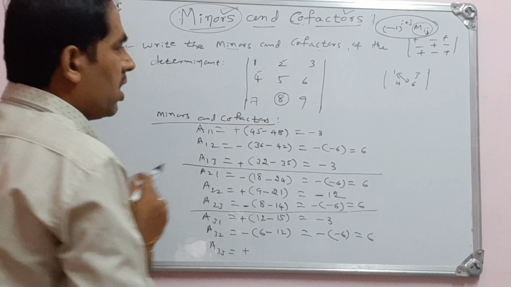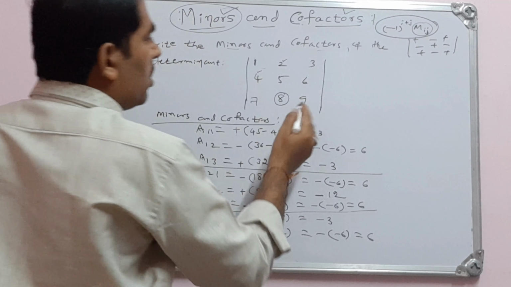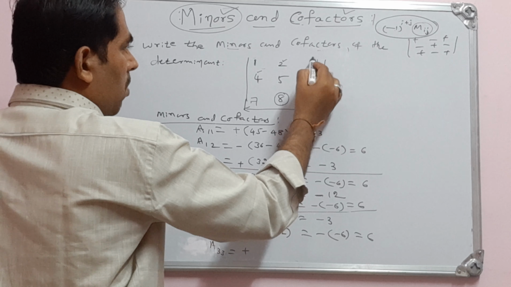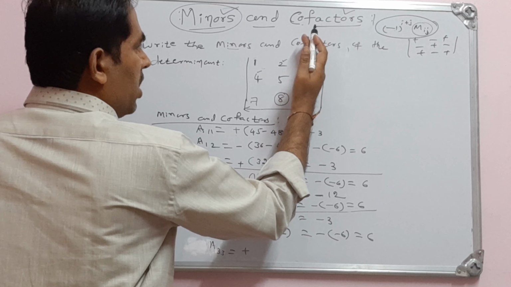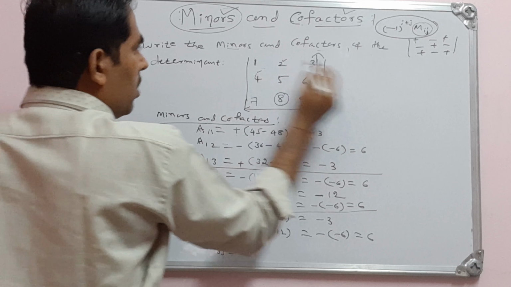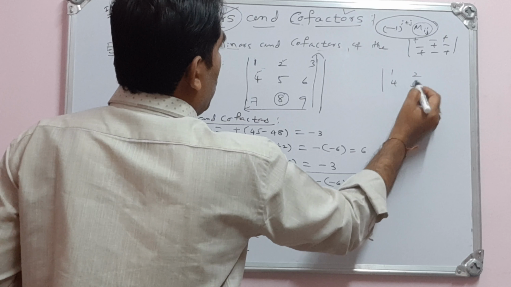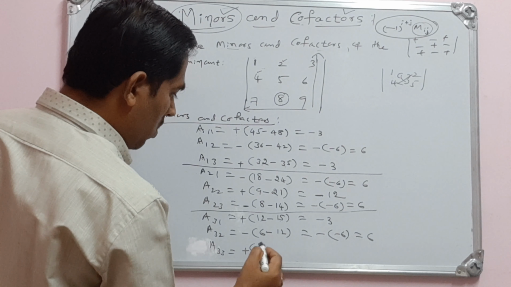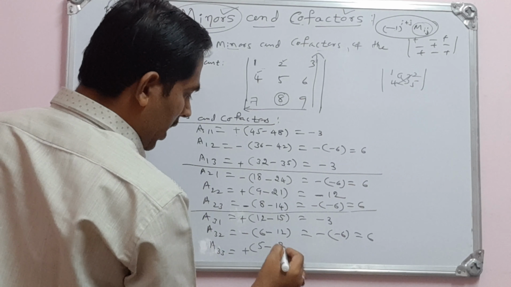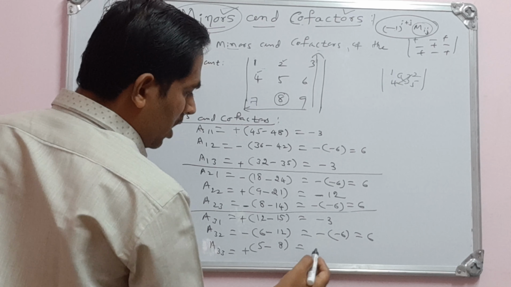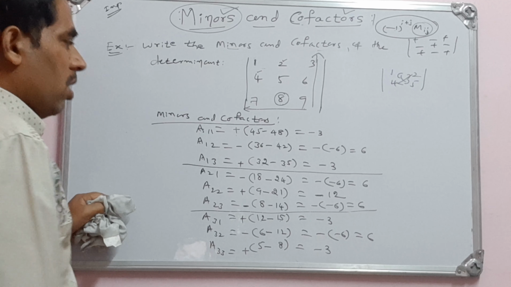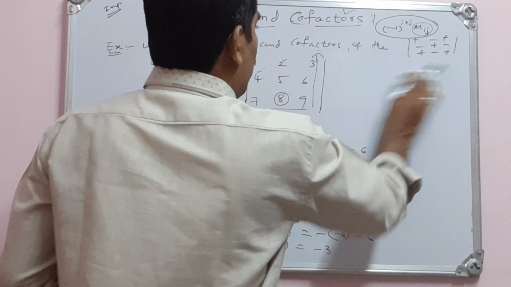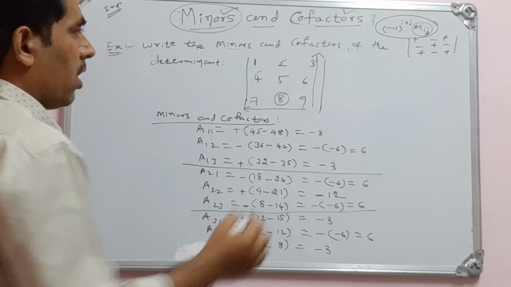So, okay, last element left over here is 9. See, 9. So, 9 lies in this row and this column. Okay, you leave this column and this row only. You see these two elements 1, 2, 4, 5. So, then you make cross multiplication, 1 into 5, 5 minus 2 into 4, that is 8. So, 5 minus 8, see, once again it is minus 3. Okay, so it is minus 3. So we have found out the minors and cofactors.